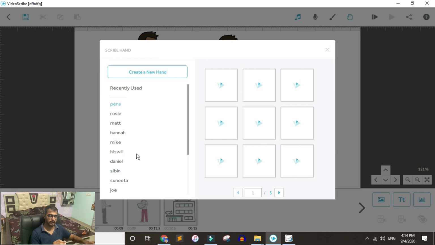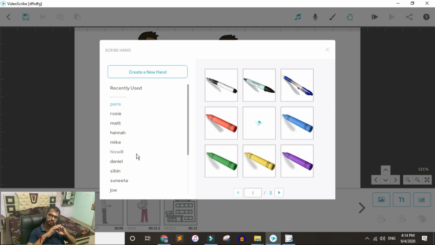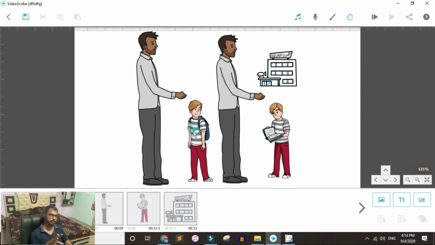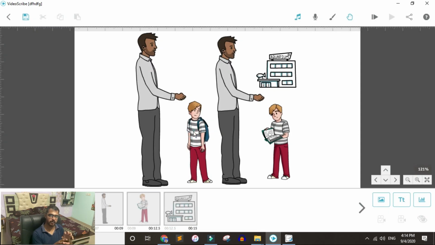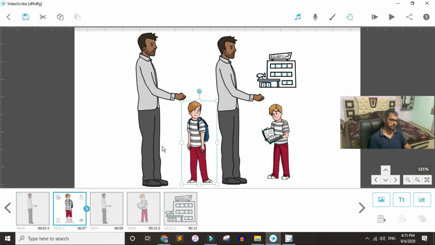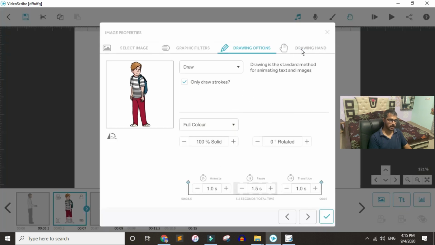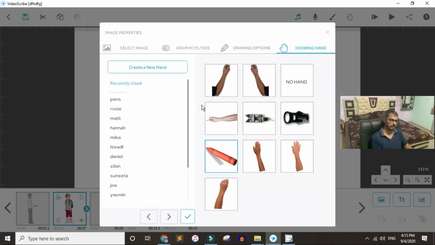On top of that, you can also do slide from the left side or the right side. So there is no limit, seriously. And one more thing about the hands: let's say you want to choose a different hand for a particular object. You can do it. For example, for this kid, you select it here and then click on element properties. If you go to the drawing hand, obviously you can also go with fade in, fade out if you don't like any hand. Then there are also a lot of hands available, as you can see on the screen.